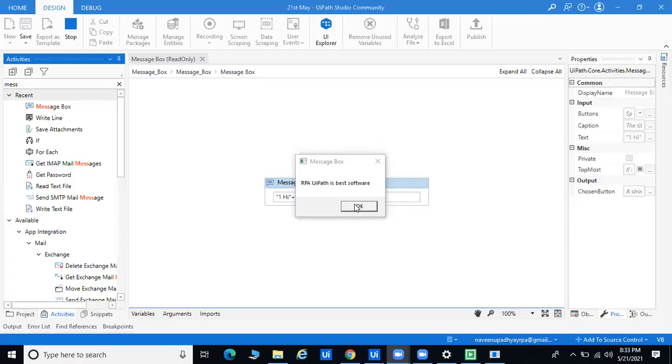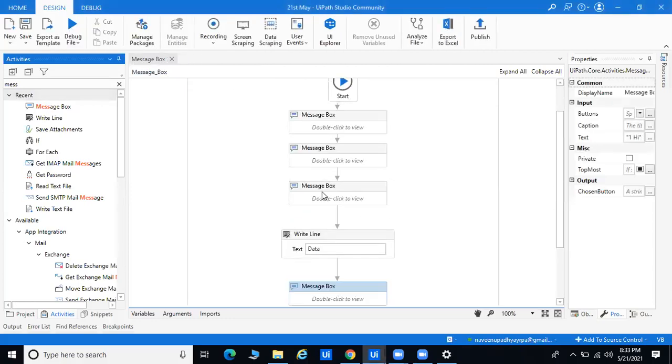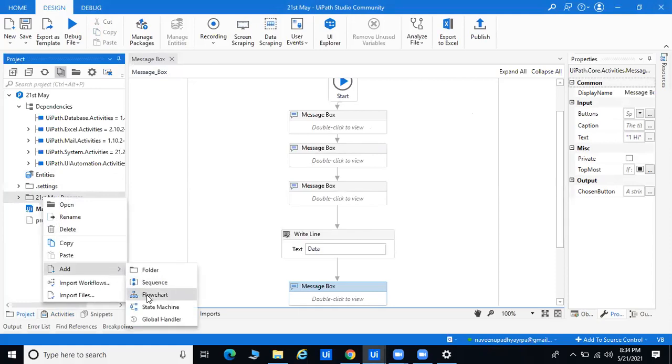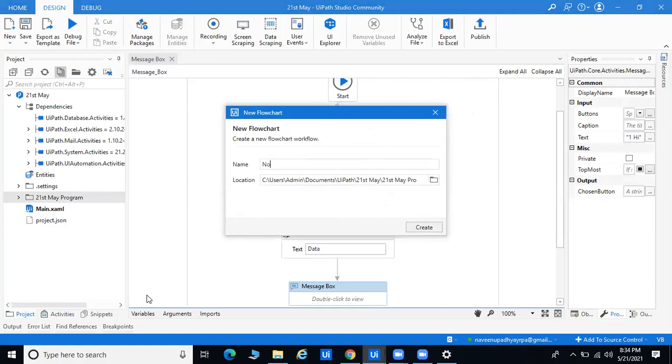I will show you the flow also. Don't worry about anything. Here we are getting hi, hello, RPA is the base software, one by one. This is the flow of the message box I have taken, and I think we are able to display it. Definitely I will create and show you. Right now we'll go for one Notepad automation. We'll add one flowchart and go for the Notepad automation. Only I will take the one.